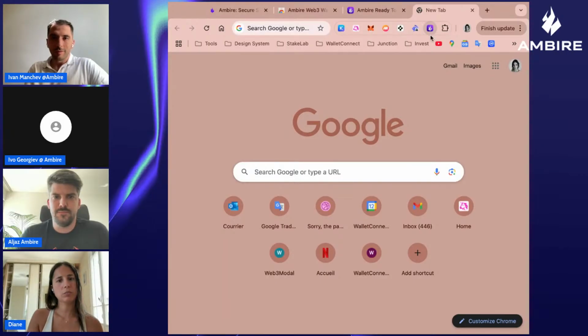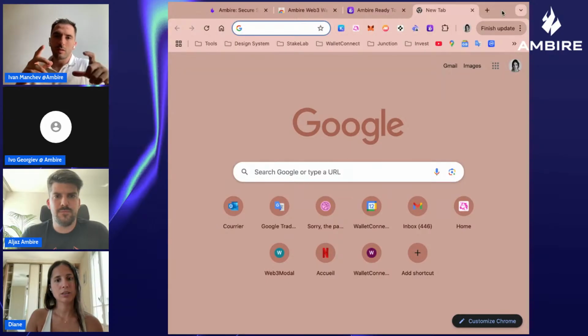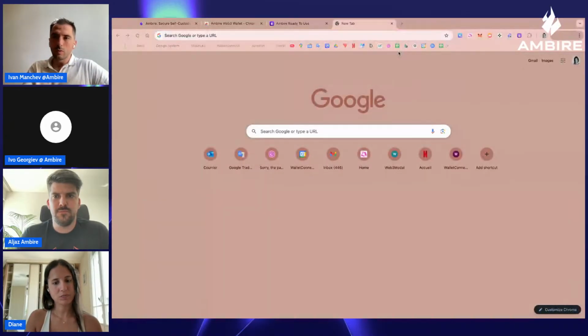But we don't see the Ambire extension. That's weird. I think you clicked share window, not entire screen, and when you do that, it will exclude the extensions. Sorry, I will do it again. It's my first time sharing extensions.